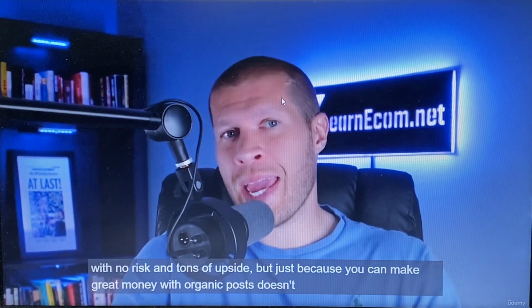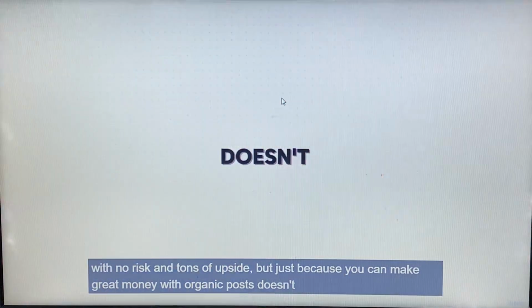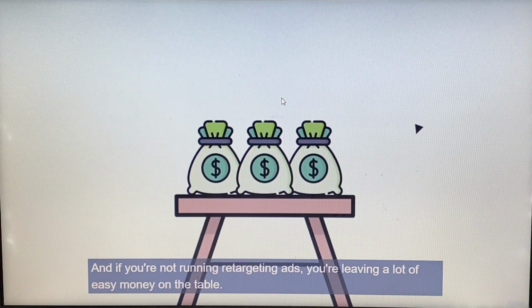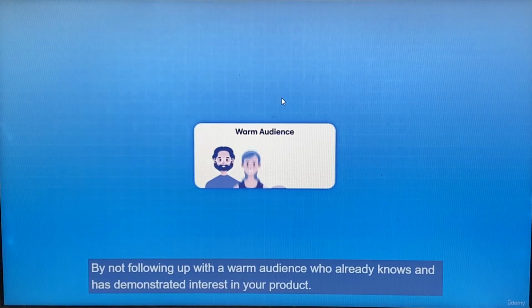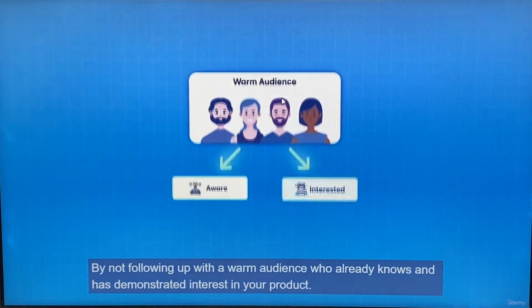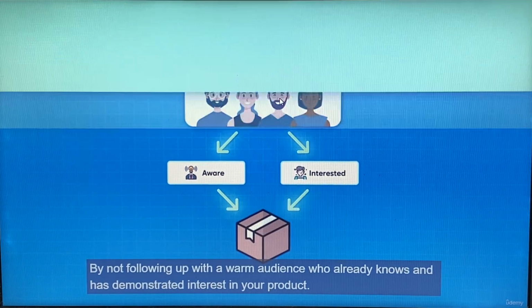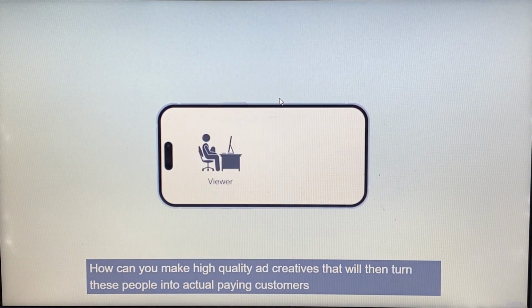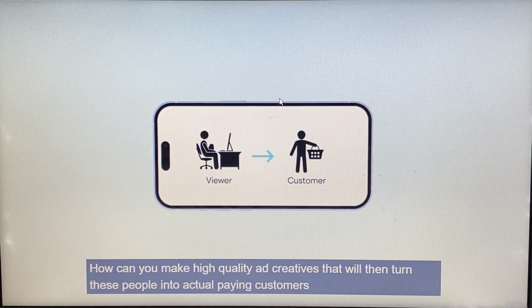But just because you can make great money with organic posts doesn't mean that you should stop there. And if you're not running retargeting ads, you're leaving a lot of easy money on the table by not following up with a warm audience who already knows and has demonstrated interest in your product. But what videos do you then run as ads? How can you make high quality ad creatives that will then turn these people into actual paying customers and clean